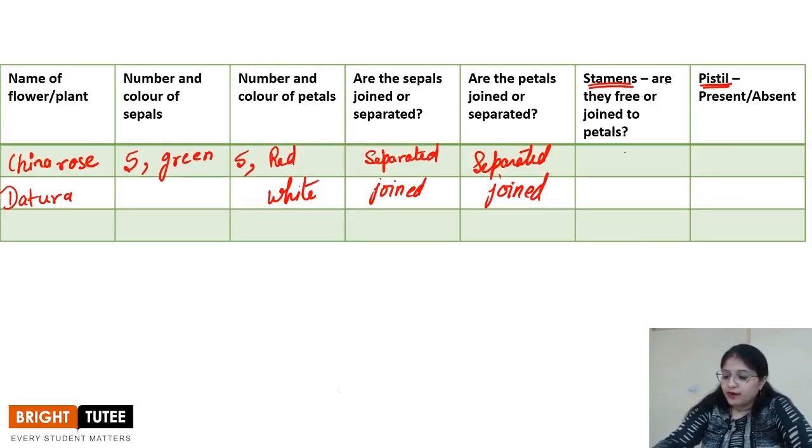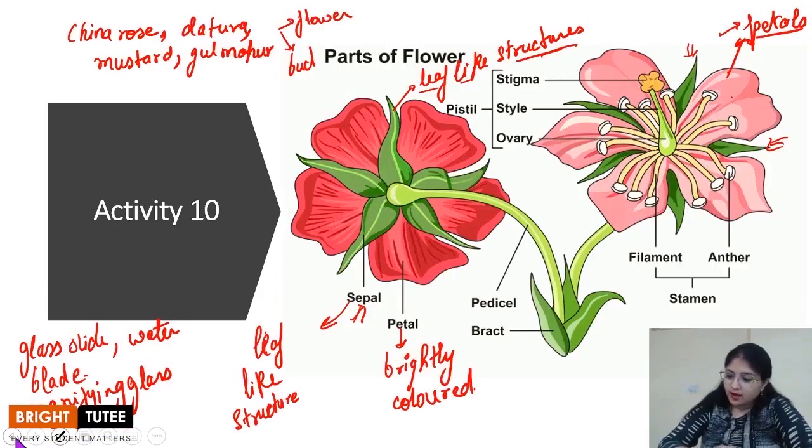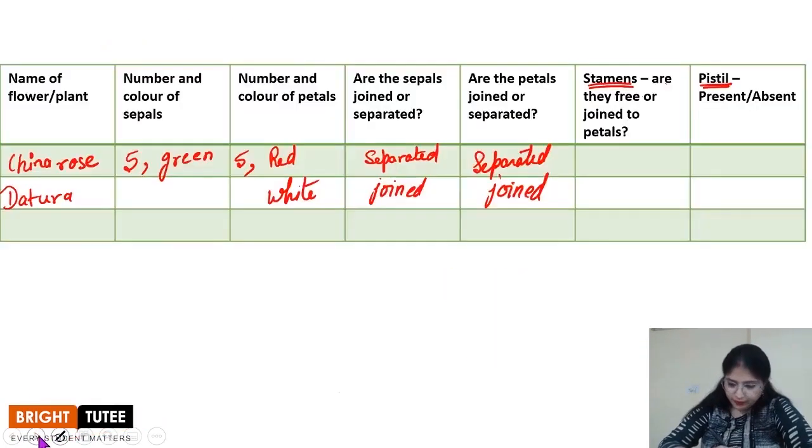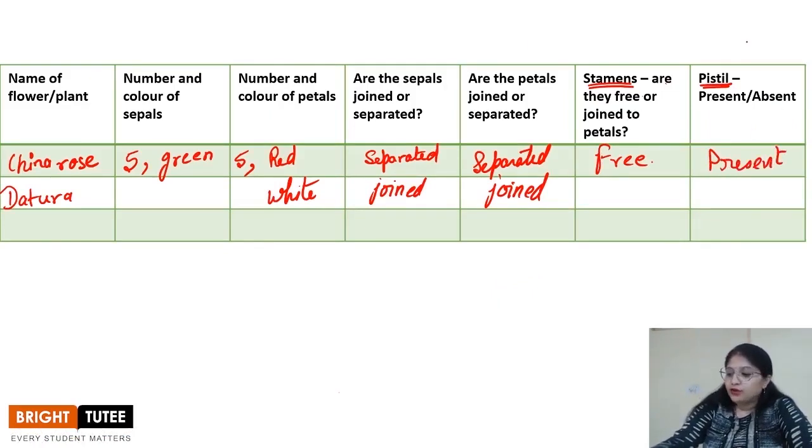In China rose, let's go back and look at how the stamens are. As you can see, the stamens are free, so you can write down free. Next, when you move on, you will see the pistil, whether it is present or absent. Suppose you see that the pistil is present. Now, you might wonder why the question is whether or not the pistil is present or absent. So students, this is one of the very interesting things, that there are basic 4 parts,